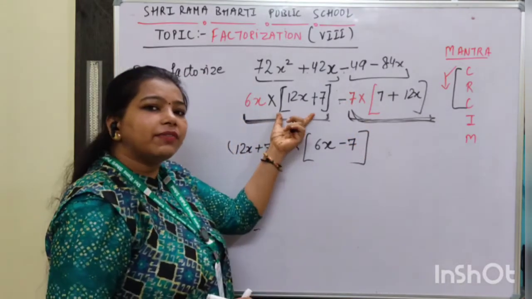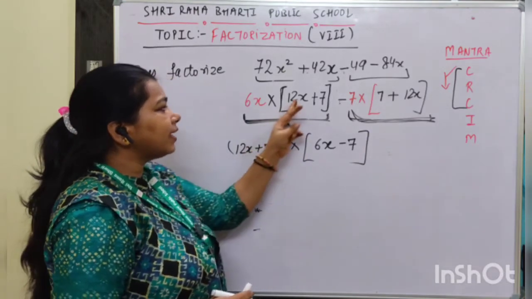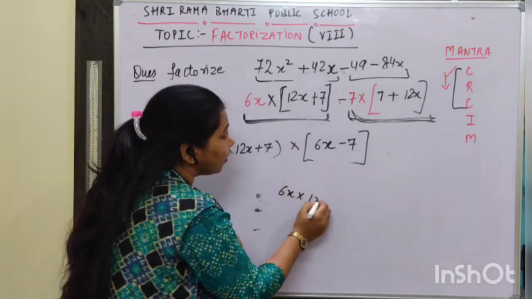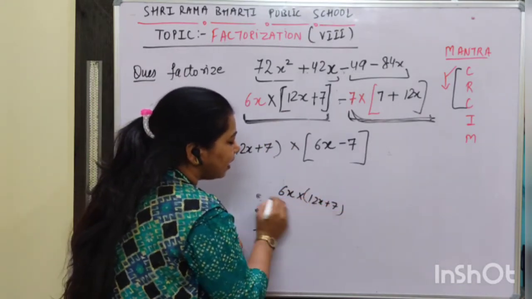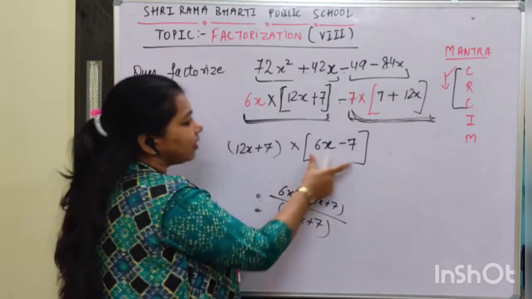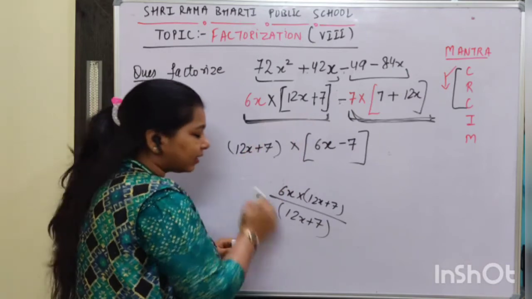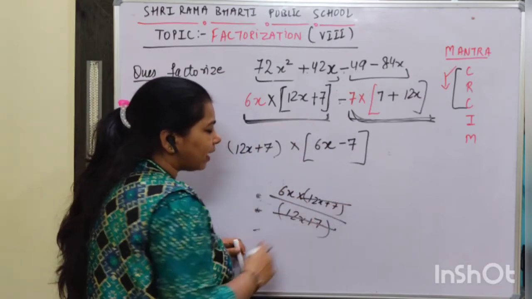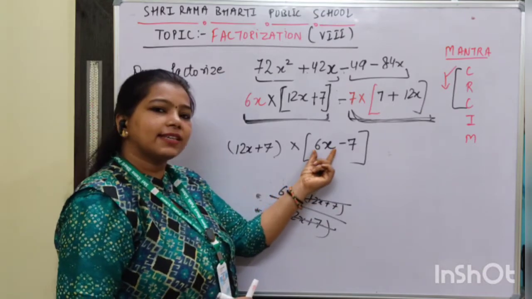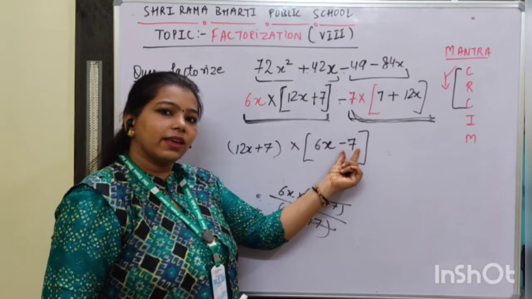And the concept of left is that only when we divide this whole by this, this bracket and this bracket will get cancelled. See how? 12x plus 7. If I am going to find what is left inside the bracket or in this term after taking the highest common factor, the whole bracket cancels the whole bracket, and we are left with 6x only. So that's why I have written 6x, and in the same manner I have written minus 7 here.